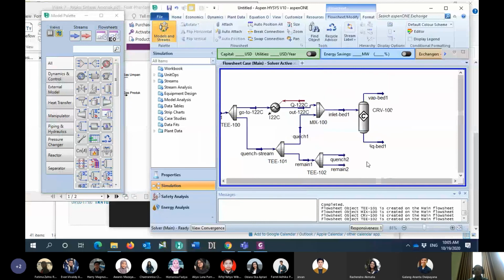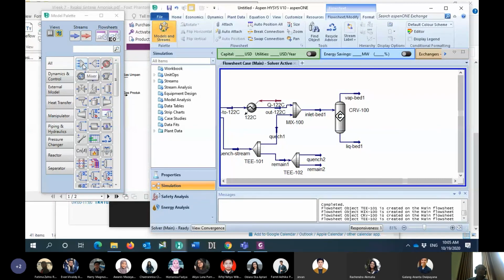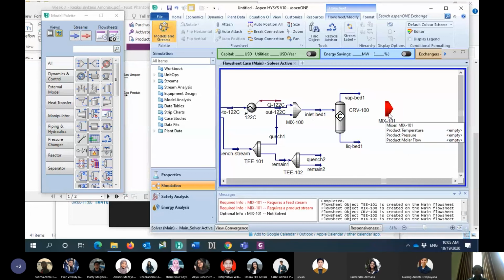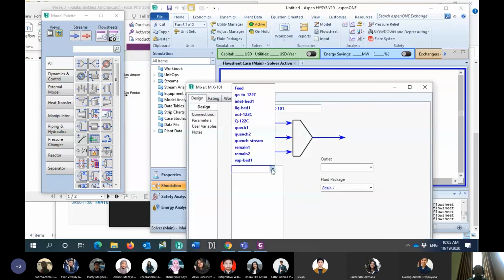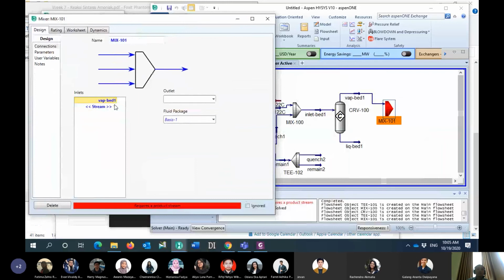This quench number 2 will combine with the outlet of bed number 1 into the inlet of bed number 2. So I will put the mixer in here. This one is the vapor of bed number 1, and this one is quench number 2. So this one is the inlet for bed number 2.